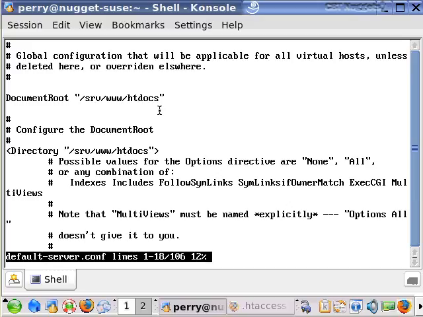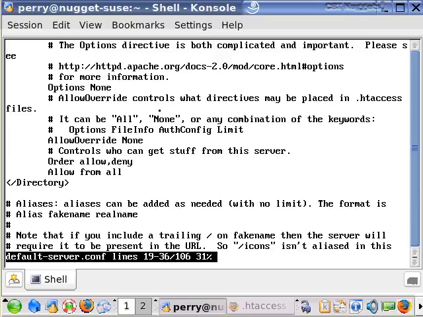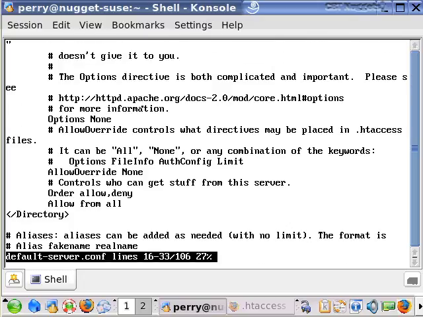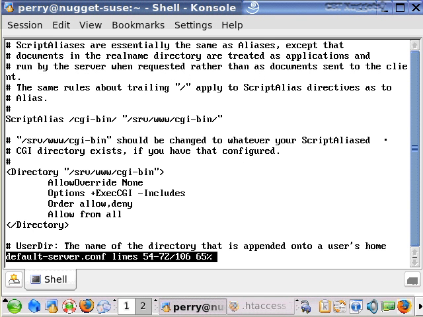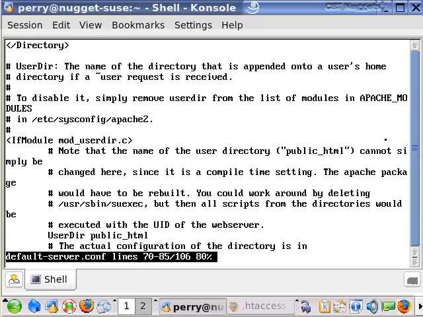Okay, now all sorts of other things are set in here. One of the things that gets set has to do with what's called htaccess. Okay, and htaccess or .htaccess files will allow control on a directory by directory basis. We're going to talk more about htaccess later on in this nugget, so I'm going to skip it for now. Another thing that gets set in here is the user directory